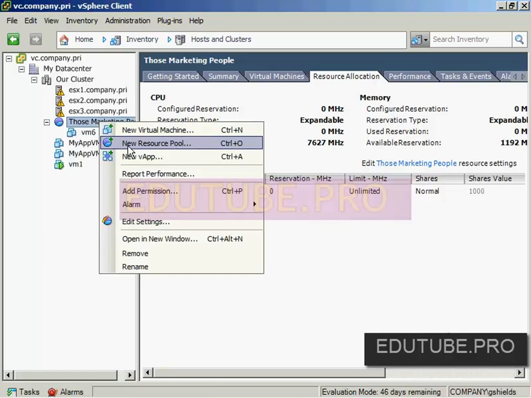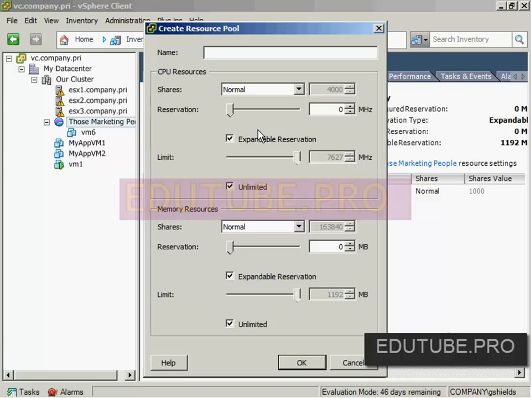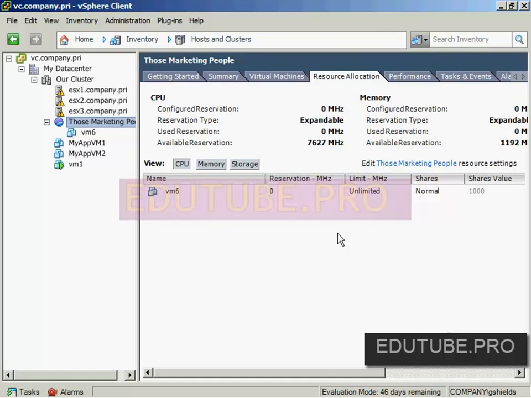Okay, I can create sub-resource pools too. The marketing people want to go through here and, I don't know, project X people. So they can then, from the reservations that I've given them, give more reservations, and it can go on to infinity. So this provides a way to take the sum total of all the stuff that makes up that cluster and break it down into logical